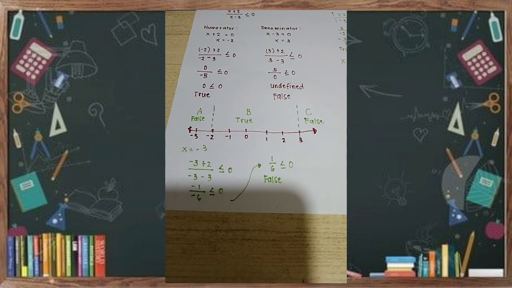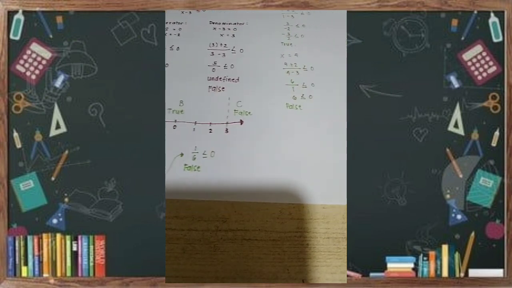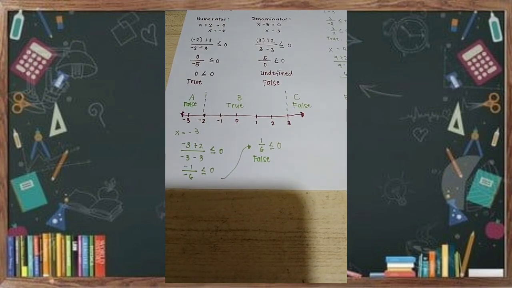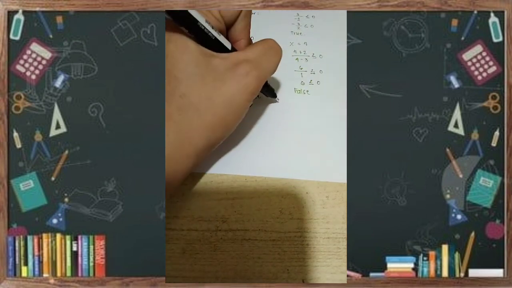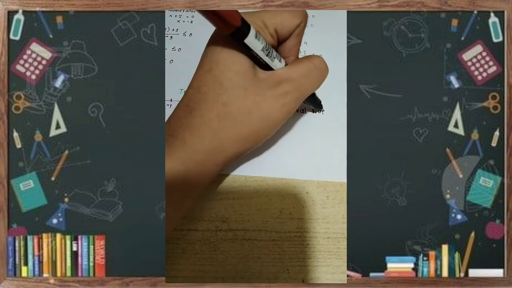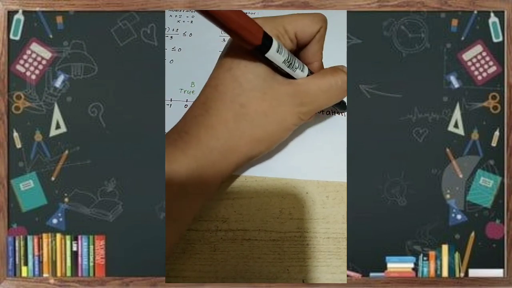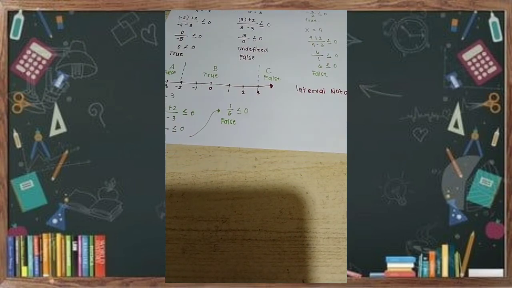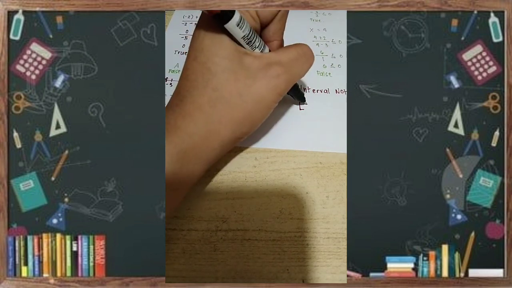Okay? So, now, we can get our answer using our interval notation. So, saan lang ba siya true? So, dito sa portion na ito. So, ibig sabihin, kasama yung negative 2 kasi dito, nung pagtetest natin dun sa meaningful number niya, kasama yung nag-true siya dun sa negative 2. So, ibig sabihin, maaari tayong magkaroon ng interval notation or answer na so, interval notation. Okay? So, interval notation na close interval of negative 2